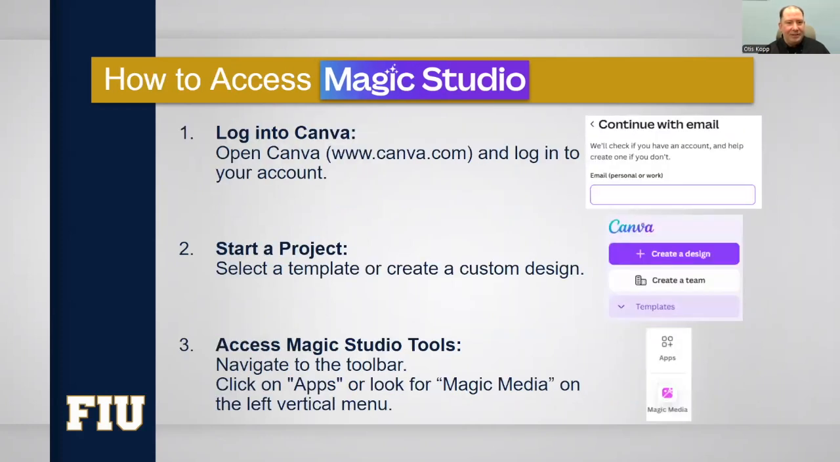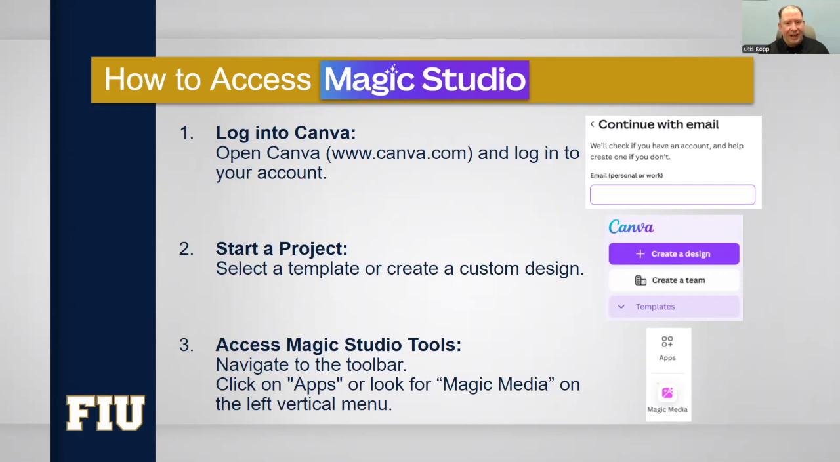Now, accessing Magic Studio is easy. By now, everyone should have a Canva account. There's two types. There's the free account and the pro account. In the syllabus, I recommended a pro account, not just for this class and others that you'll be taking at FIU, but I think it'll be beneficial as you create content to promote your personal brand and market yourself to